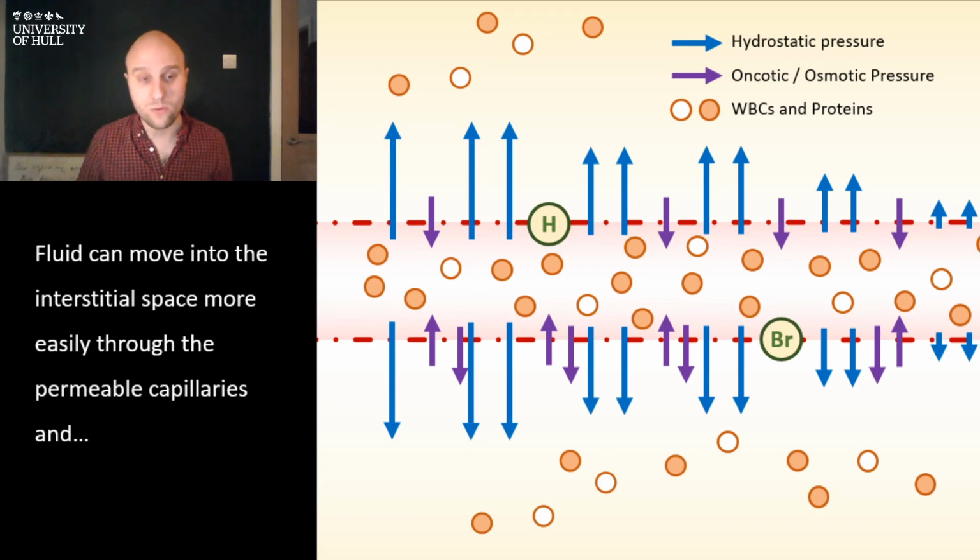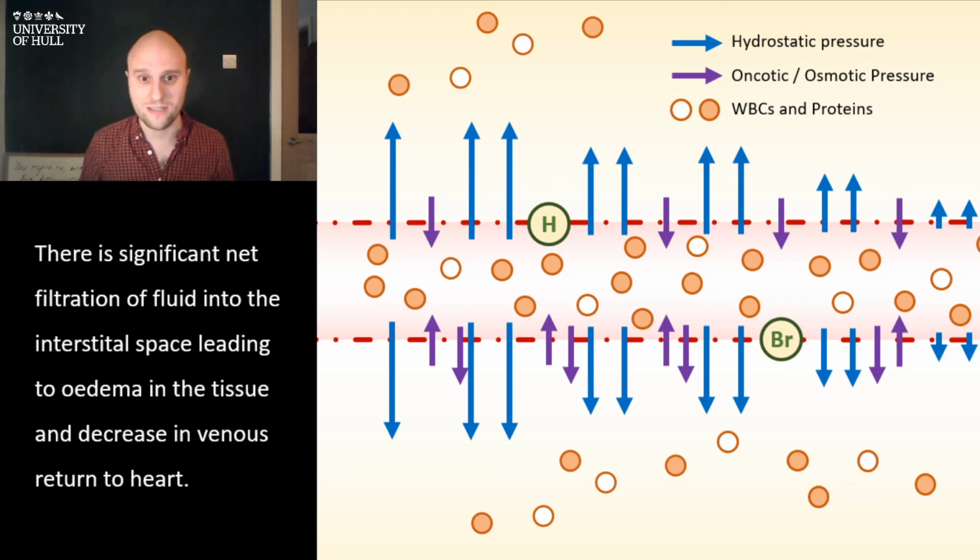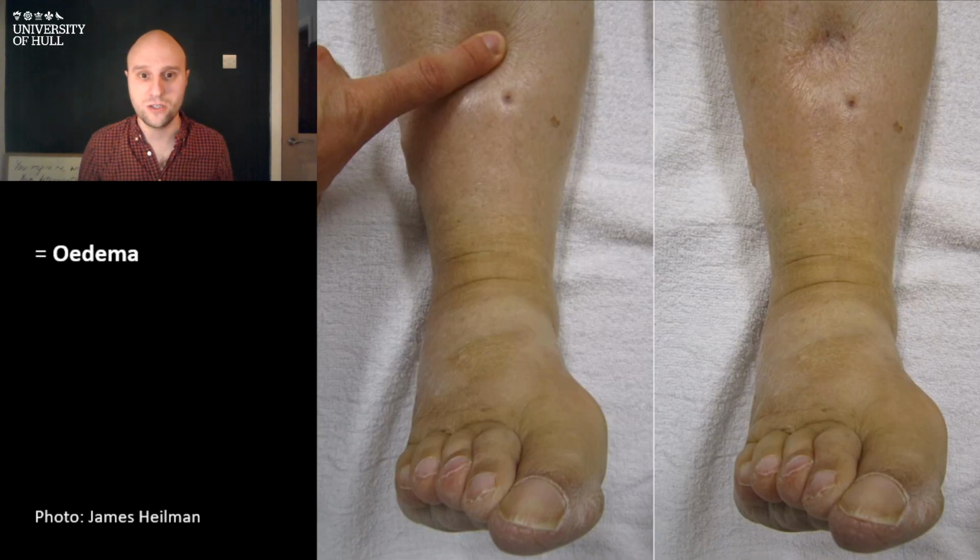And this obviously will have consequences for when we start giving fluid boluses or IV fluid to these patients who are septic. You very rapidly will get edema within the tissues. And these slides just say the same things. Because you've got a loss of fluid from the intravascular space, you have decreased venous return to the heart, decreased preload, and of course a lower blood pressure. And then following on from that, perhaps failure of perfusion of the tissues. And here we are, we've got edema again due